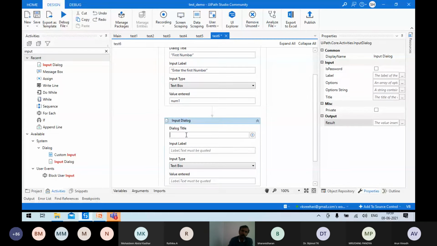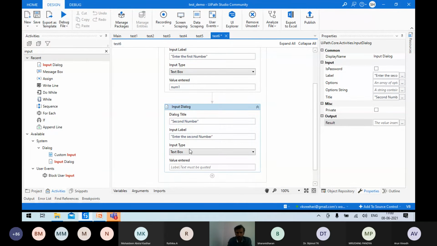You can even copy and paste your first. So now you have two numbers.